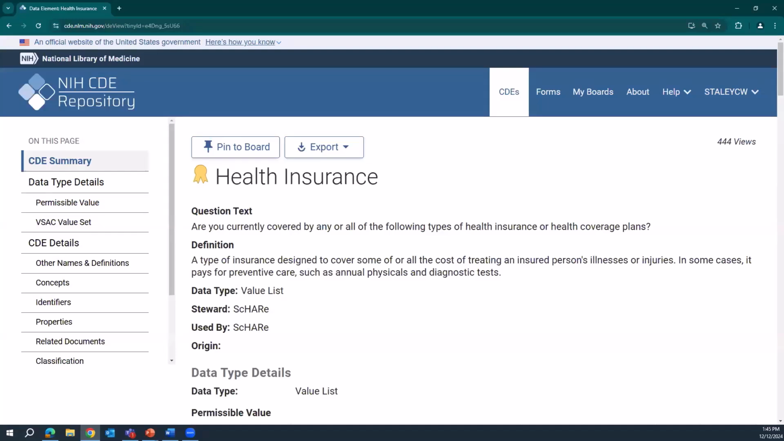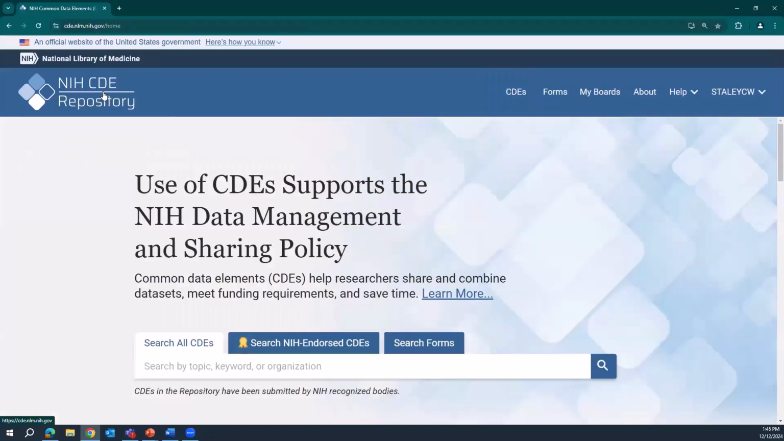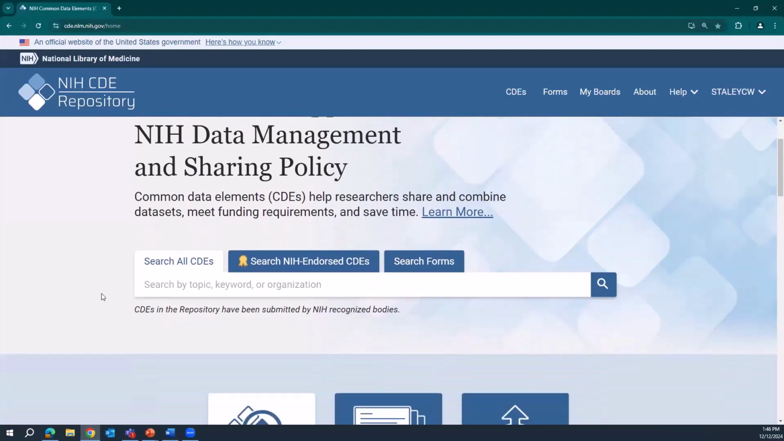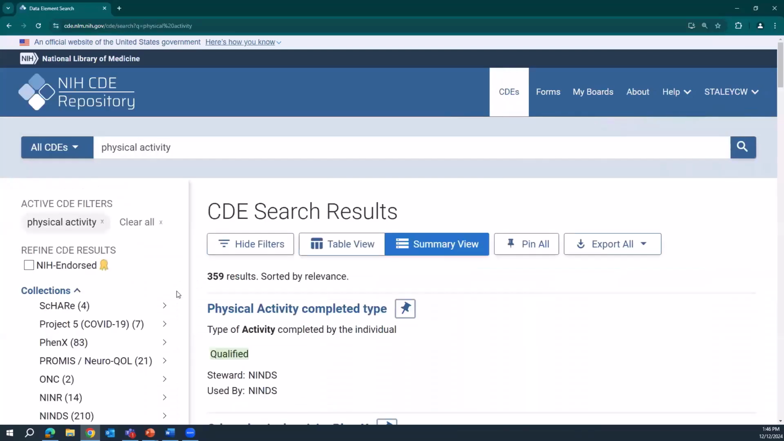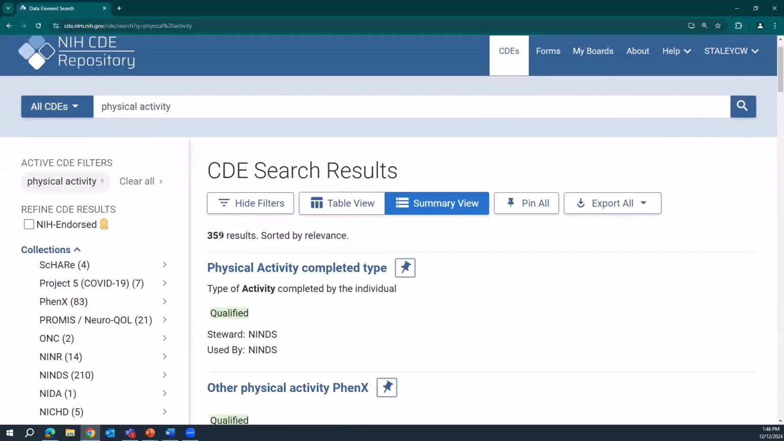I mentioned earlier that the repository has over 24,000 CDEs. So when you search for certain topics, you may get an overwhelming amount of results. For example, I'm going to go back out to the repository homepage. And let's search for CDEs that measure a person's physical activity. So I'll type physical activity into the search box and click search. I get over 300